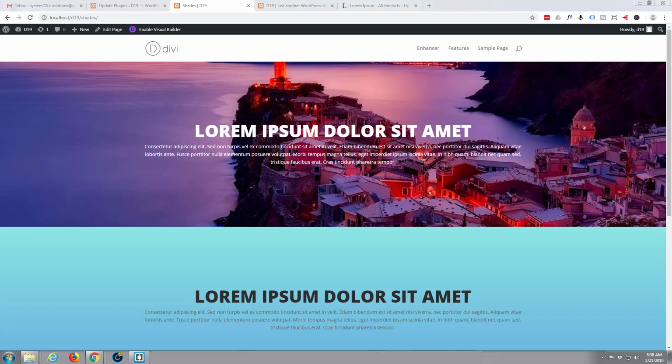Well, in this tutorial we're just going to demonstrate some simple section background transitions with the inbuilt features of the Divi theme. Divi theme's absolutely awesome, it just keeps getting better and better. I've built hundreds of sites with it and it is my go-to theme whenever I have to build a WordPress